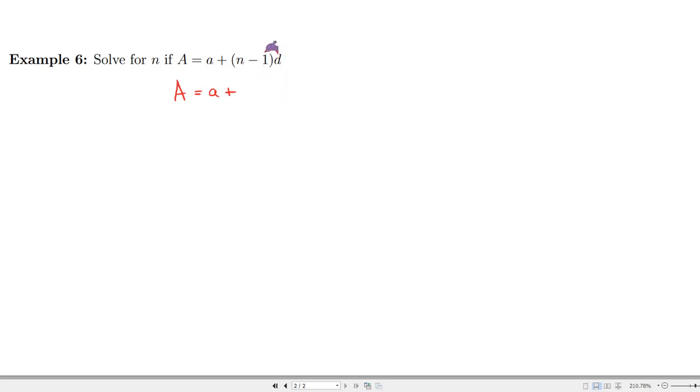So we're going to have to distribute this d in to these two terms, right? So we'll have an nd and then a minus d. And then at this point we'll have a term that has an n in it, and we can isolate the terms that have n in it on one side. So we'll bring all the other terms to the left. So we'll bring this a and this d over here. So we'll have to subtract this a